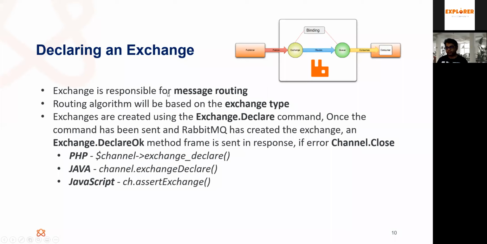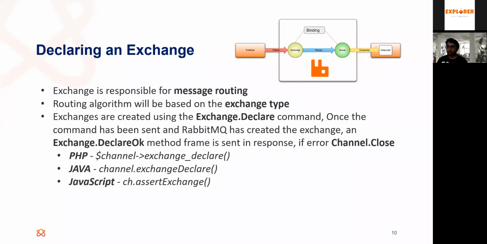There are four types of exchange, and the routing algorithm depends on the exchange type. They are direct exchange, topic exchange, fanout exchange, and header exchange. I will share the different routing algorithms and exchange types in a future slide. So that is what an exchange is: it is responsible for routing messages.